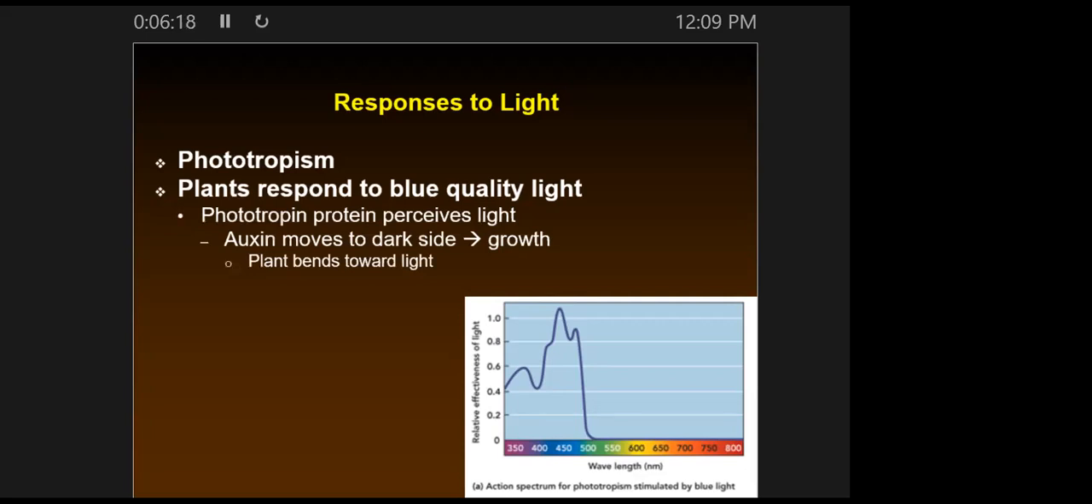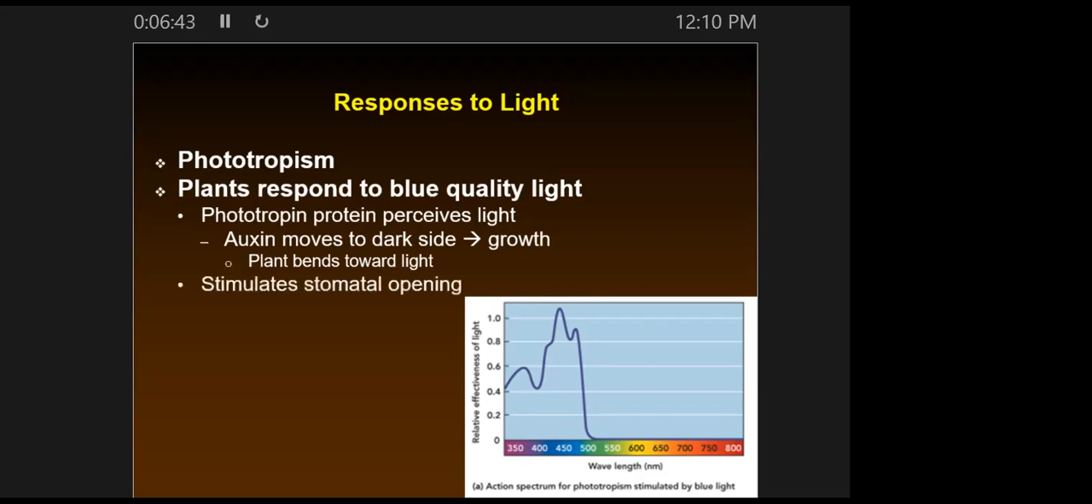And so then they started realizing, oh, okay, there's special proteins in the plant. And since then they've discovered there's other proteins that pick up on different qualities or colors of light. So it's not just phototropin, there's others out there that they've discovered. They've also looked at phototropin more carefully, and yes, it's heavily involved in kicking off this phototropism response, but they